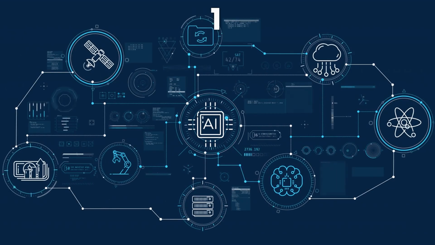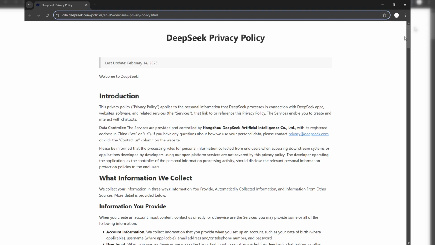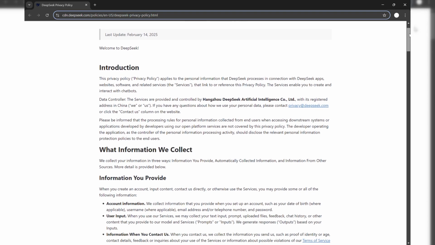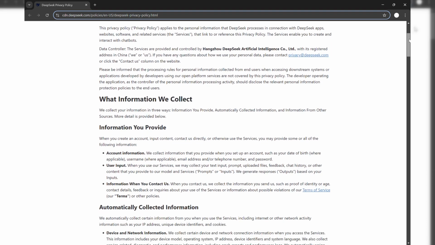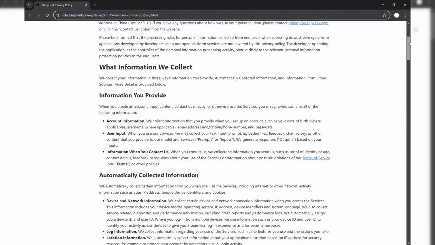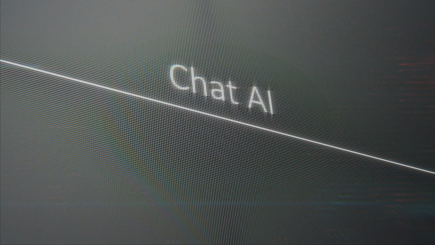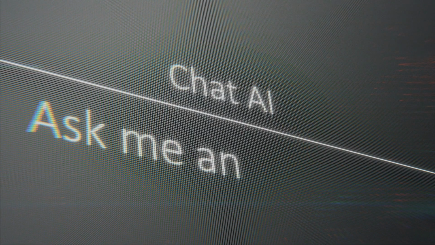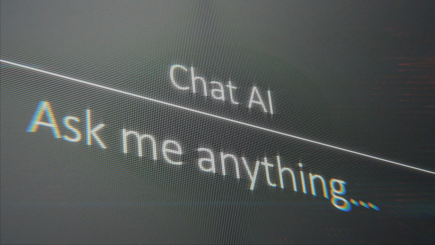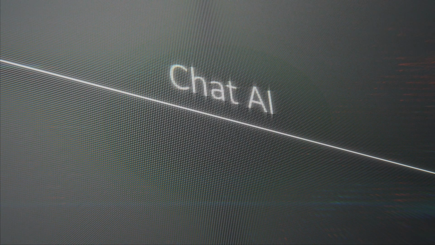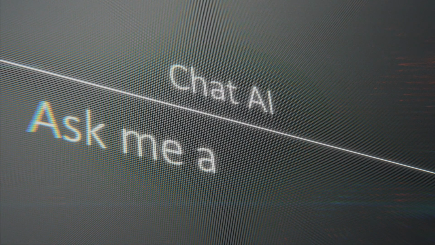Data collection and user input storage. How is your data collected? The policy states that 3 categories of data are collected: the information you provide, automatically collected information, and other sources. It does not clearly explain what format user inputs are used, for example, whether they are anonymized or not. What this means in layman's terms: as with other platforms and regular internet usage, one may unknowingly provide sensitive information, which can potentially be stored or used in a manner beyond their control, increasing chances of exposure.